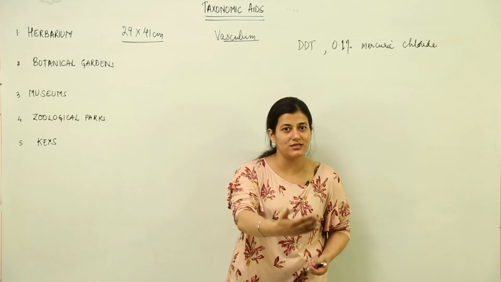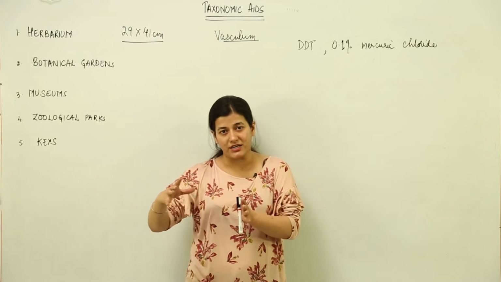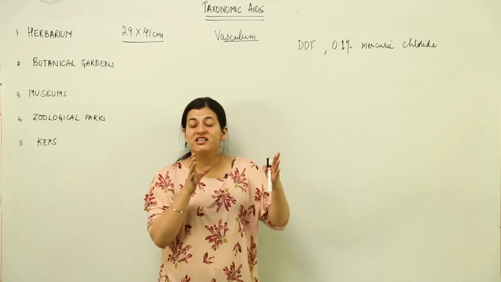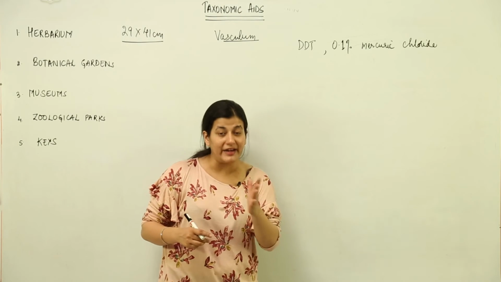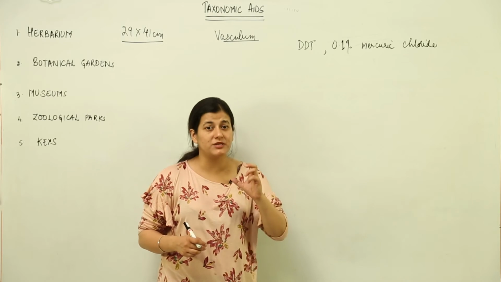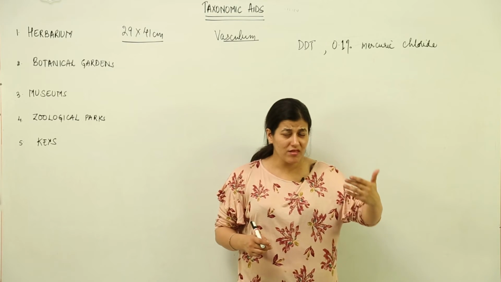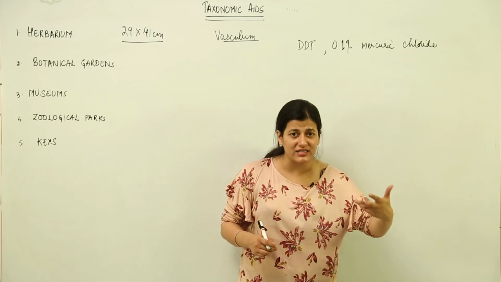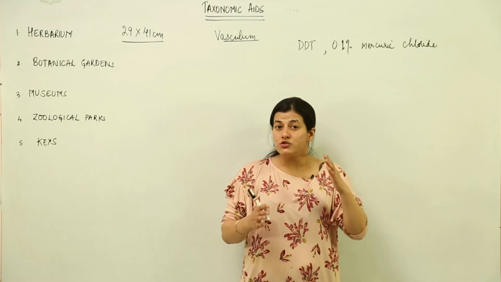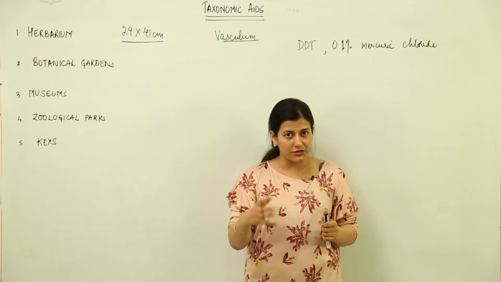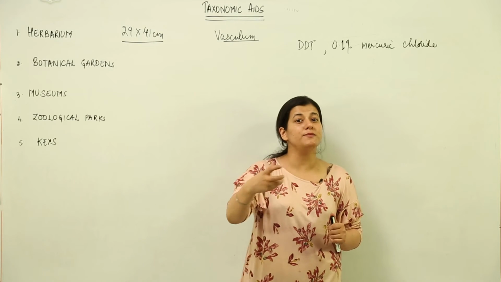You see the characteristics of the plant in detail. Whoever is making the herbarium has made sure that whatever identifying features are visible, according to that the plant is put according to the classification criteria and taxa. So it is easier for the onlooker to get an idea of what this plant looks like.